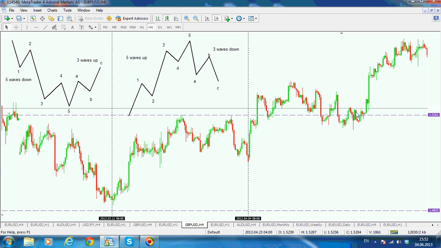Now this is the concept behind the Elliott Wave Theory, where things get really complicated is that